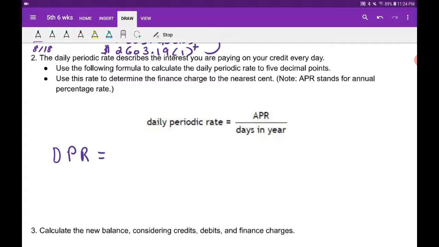All right, so we're going to take our APR, and again, we can get that from our statement. It's really high at 28.99%. All right, so let's just talk about that for a little bit. So this is a credit card. You know, that's kind of high for a credit card. I don't know if they quite go that high anymore, but they are pretty up there, like 23 at least